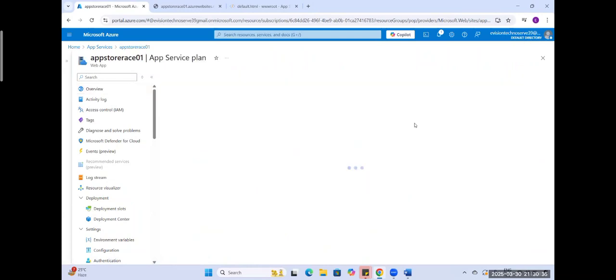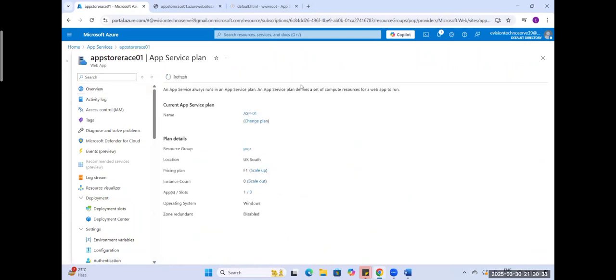So if you click on this, you can see we are in the app service plan area right now, and the name of the plan is ASP-01. You can change the plan anytime. Anytime if you need some more configuration, you can just go and change the plan. So here, if I want to change the plan, I can just click on change, then I can do it. So I can simply click on change plan,